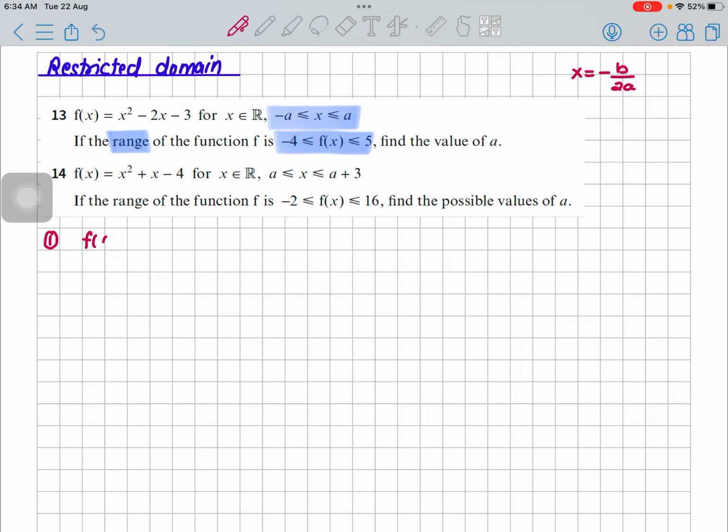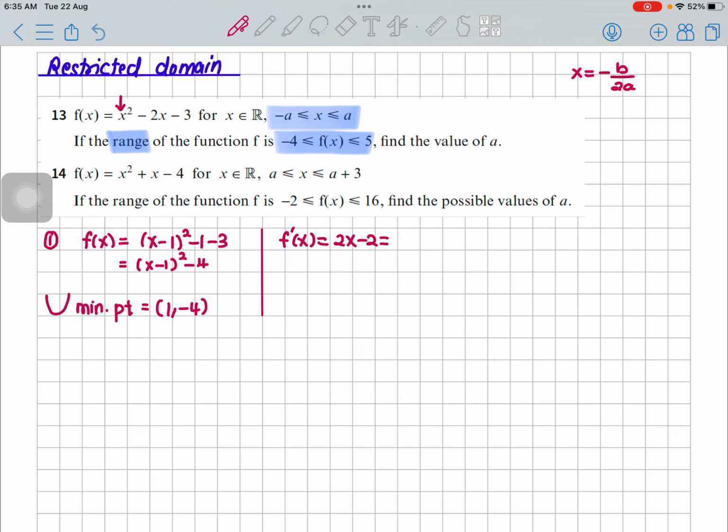So for the first example, let's complete the square. x minus 1 squared minus 1 minus 3 minus 4, and I know our turning point. In this case, you can write it as minimum point. How do I know it's minimum? The coefficient of x squared is positive, so you will get a happy parabola. 1 comma negative 4. So if you're watching it for the first time, then you can even do differentiation: 2x